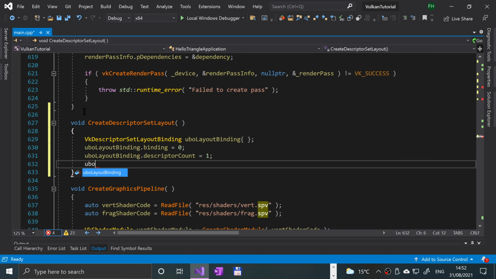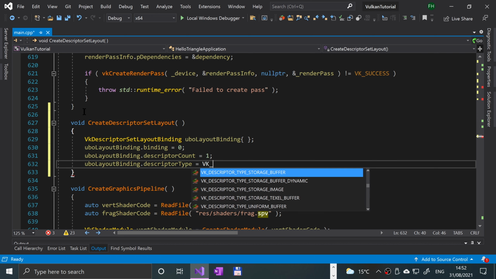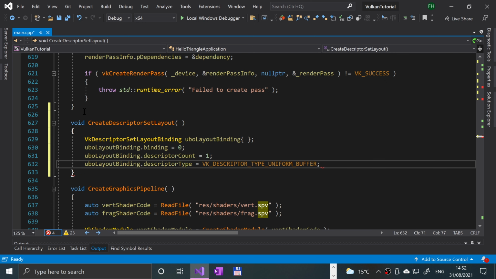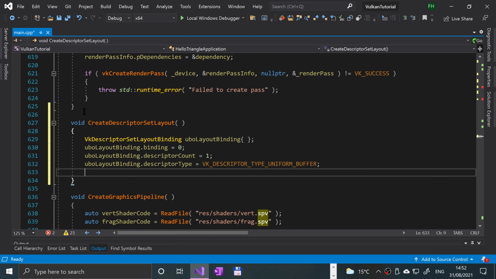We're going to put uboLayoutBinding.descriptorType, and it's going to be equal to VK_DESCRIPTOR_TYPE_UNIFORM_BUFFER semicolon. And what we'll do now is we'll set the pImmutableSamplers property, and this field is really